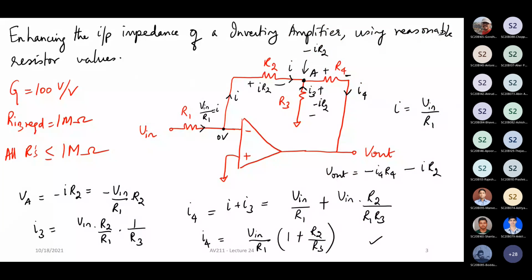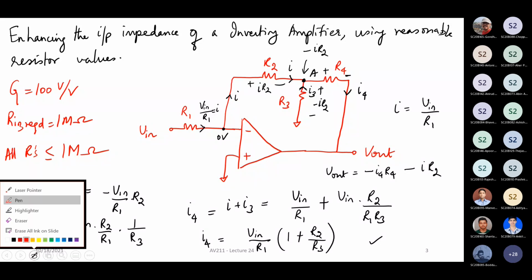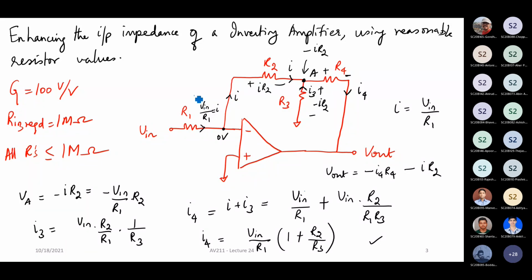So basically what is happening is that you are fixing this node potential of A by means of this current that is flowing in here, right? You have a certain amount of current flowing, some current which is flowing like this.